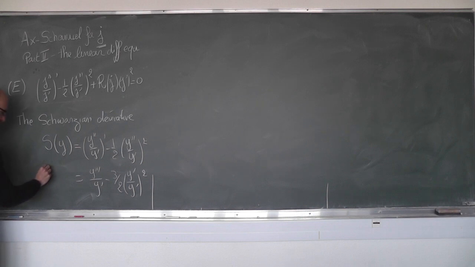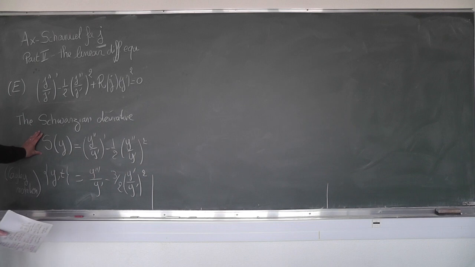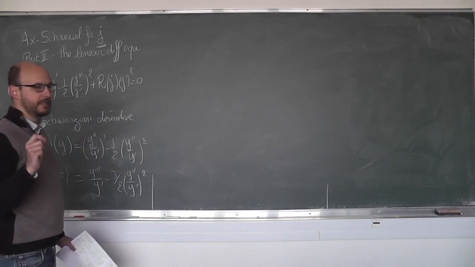So for instance, you can also have this kind of notation, which I think is Cayley notation. So this operator, which is central in this equation, has two very nice properties